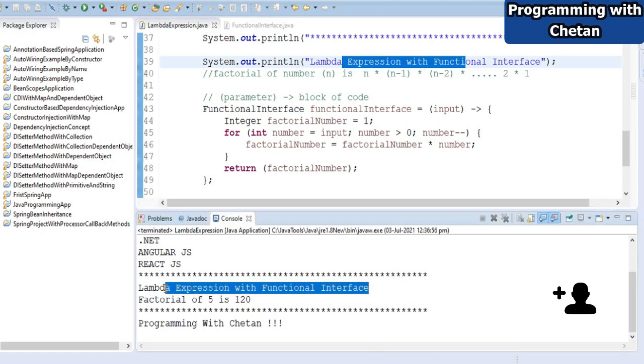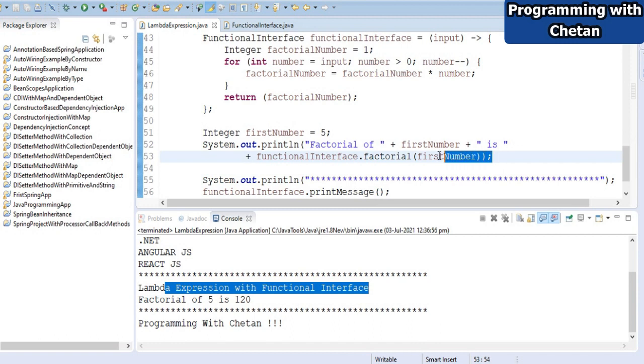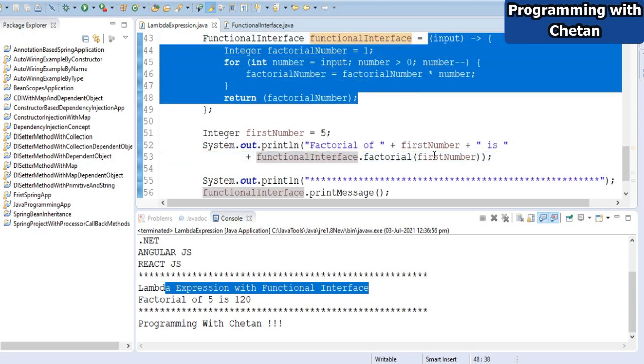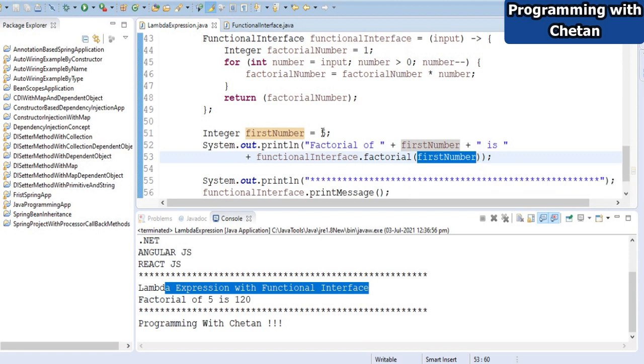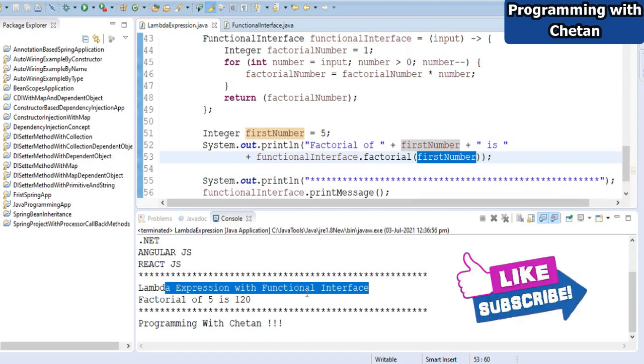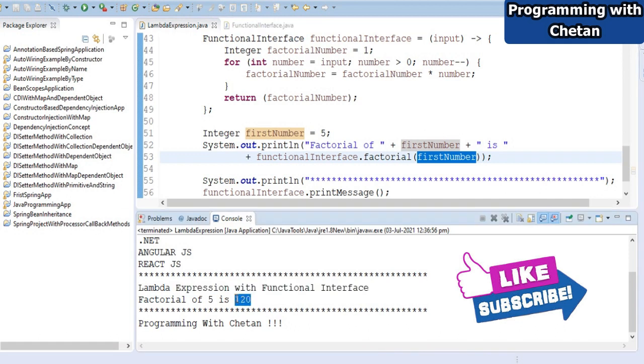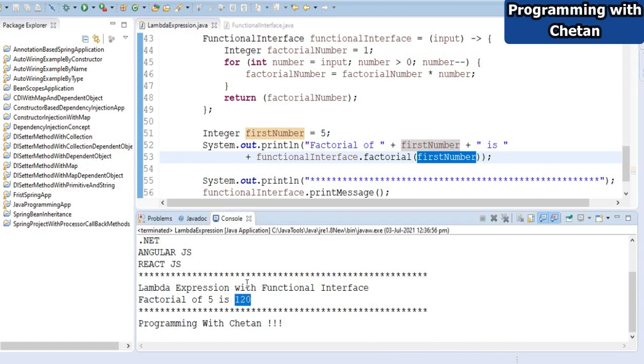And then we are calling the abstract method of our functional interface, whose implementation we have provided by using a lambda expression. We are finding the factorial of 5, that is 5 into 4 into 3 into 2 into 1, that is 120. So we are getting the correct output for the factorial.